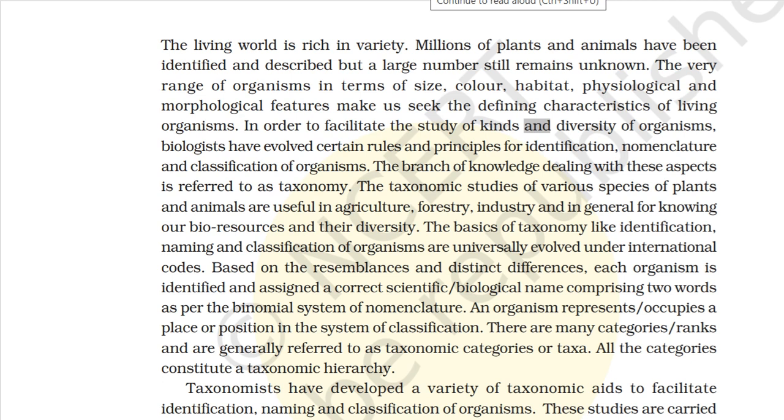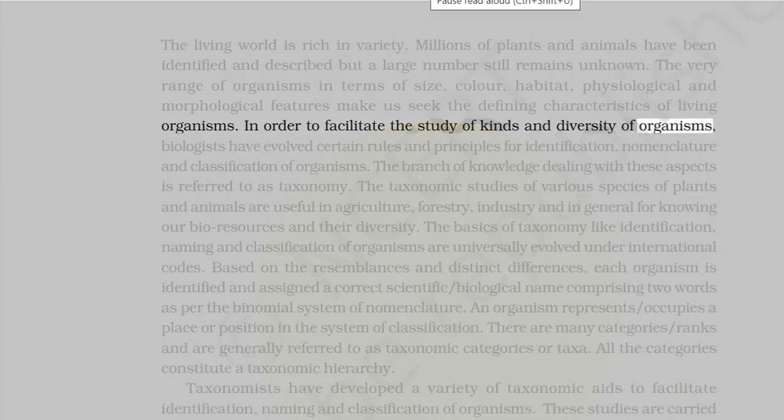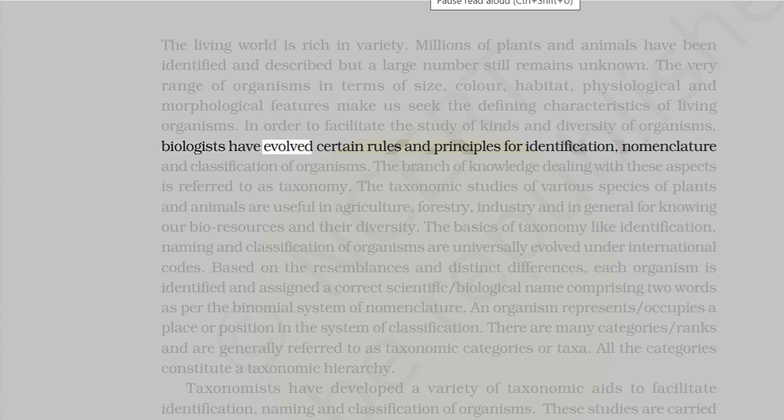Diversity means there are so many types, right? So to study so many types, biologists have evolved certain rules and principles for identification, nomenclature, and